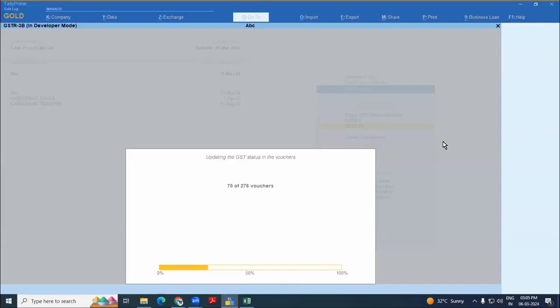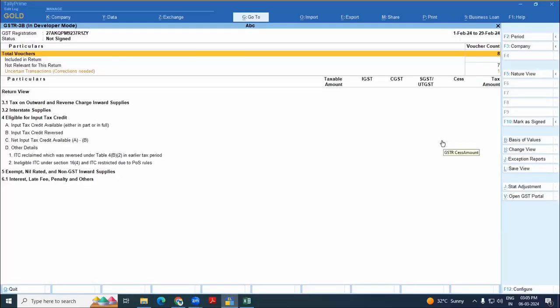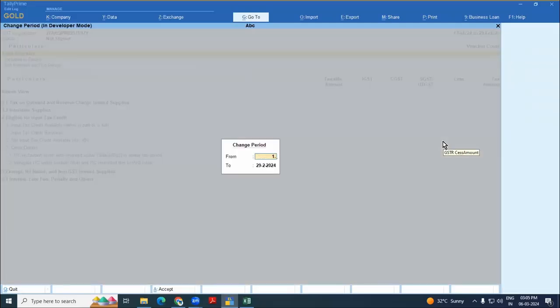So what happens in GSTR 3B or GSTR 1, there are two types of reporting styles. One style is nature view and one style is report view, the written view. So first you have to move on to nature view. Okay, so let's try with